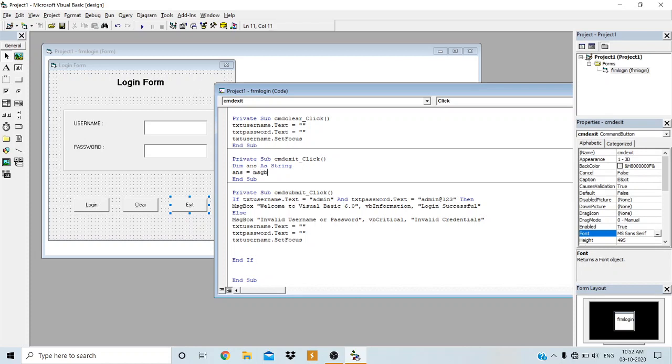MsgBox. See, whenever I am trying to assign the value from a message box to some variable, the message box parameters have to be written in parentheses. Okay, so the first string: whenever I click on the exit command button, generally in some applications it will ask the user for surety, whether the user is sure to exit the application or not. The same thing I am trying to design here, that is, "Are you sure to exit?" double quote complete. So this will be displayed.